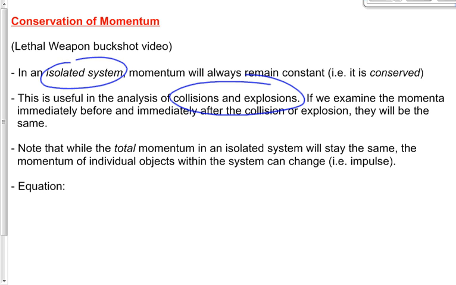All right, so how do we write this down? How do we record, or how do we solve a problem involving conservation of momentum? Well, if momentum stays the same, then p_i will equal p_f. And you're going to write in, for initial momentum and for final momentum, an mv term, a momentum term for every object that you have. m1v1i plus m2v2i plus m3v3i, depending upon how many objects you have. m1v1f plus m2v2f, and so on, depending upon how many objects you have after the collision takes place.